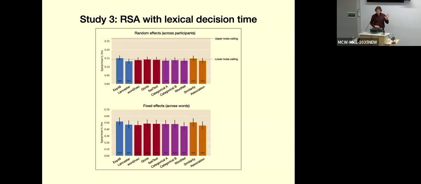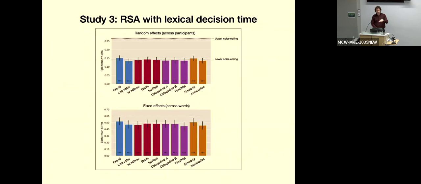ratings that we collected separately on the internet about how similar each person thought the 2 primes were to each other. So this was not a lexical decision task. We just gave them the 2 prime words and asked them how similar they are on a scale from 1 to 10. And then separately, a separate group of subjects, we presented the same 2 words and asked how associated these 2 words are. So regardless of whether their meanings are the same or not, how often do they occur together? In this case, dog and leash would be highly associated, even though they don't mean anything similar to each other.